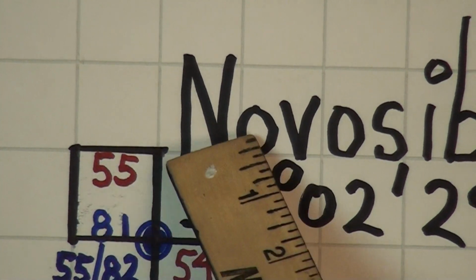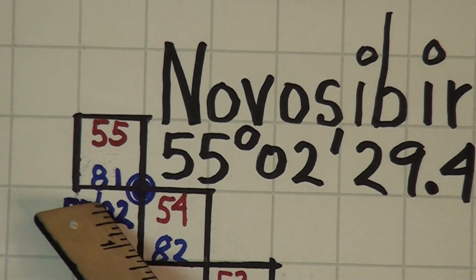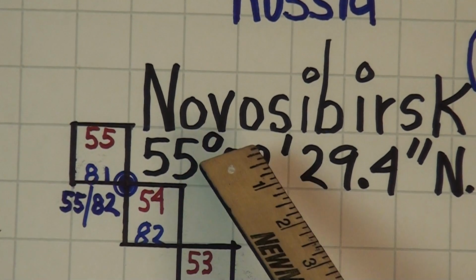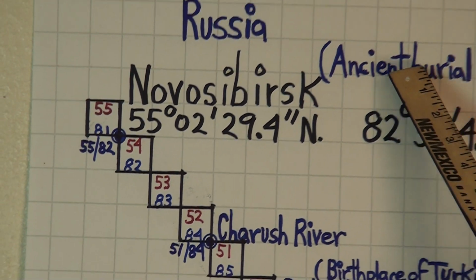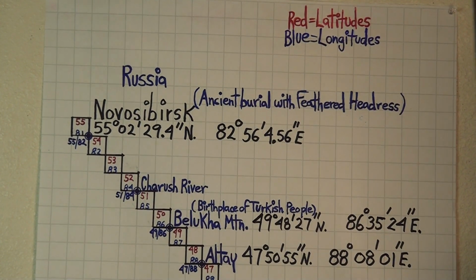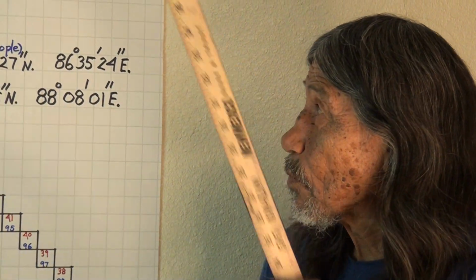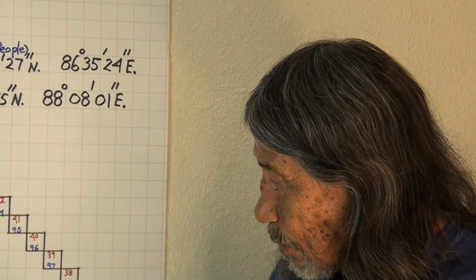But what's interesting about this Novosibirsk area, where this ending is at, there was an ancient burial that was found there by archaeologists that was wearing a feathered headdress. I wonder who that could be. So this is basically the route from Kaimanawa